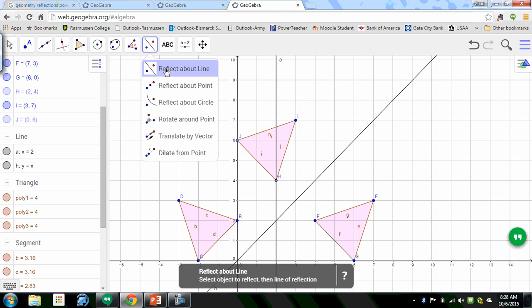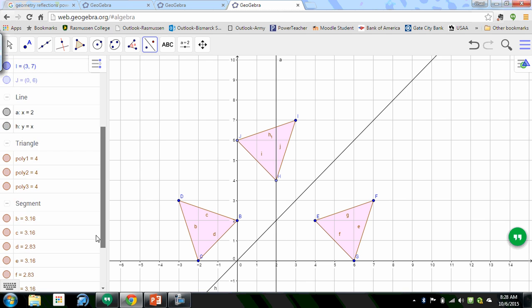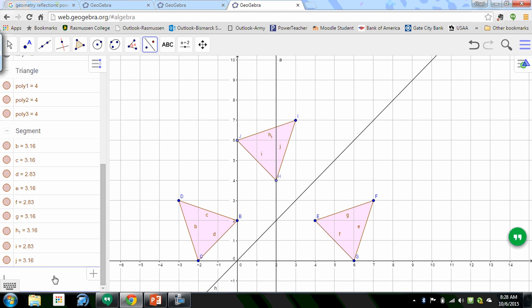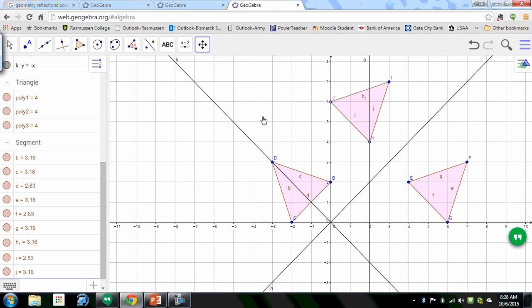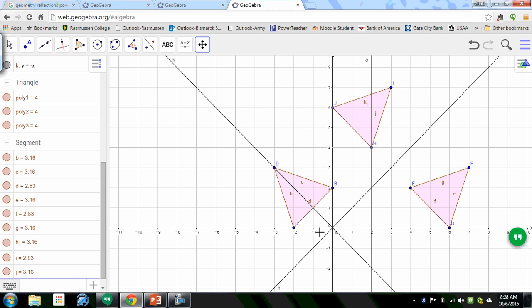All right, and then we can also put in our line y equal to negative x. So there's our line y equal to negative x. And I'm actually going to use this shape down here. Let's talk about the reflection of this shape. This one's kind of interesting. If I was to reflect this shape around the line y equal to negative x,